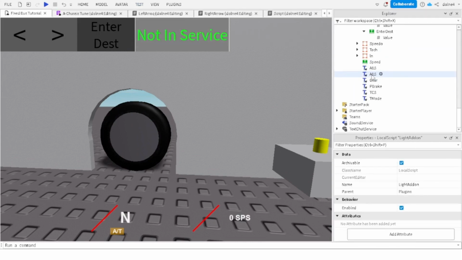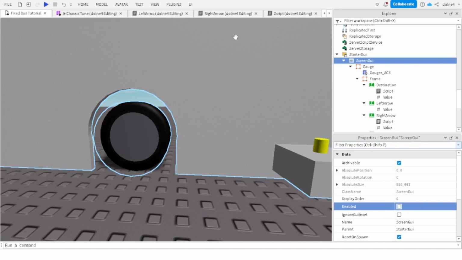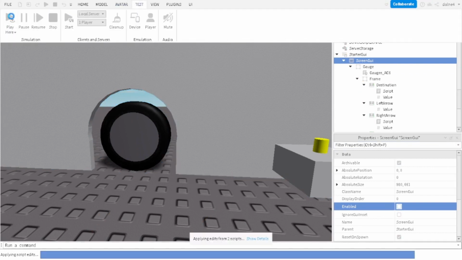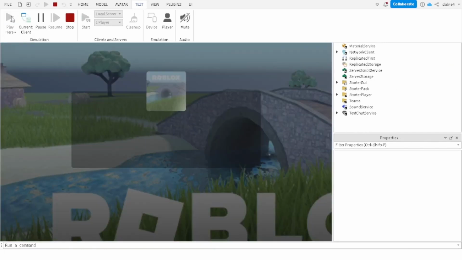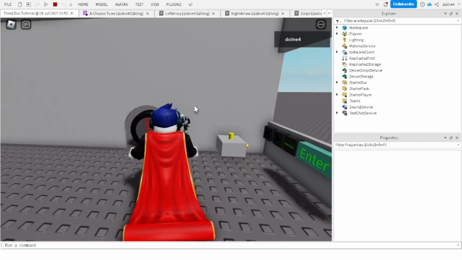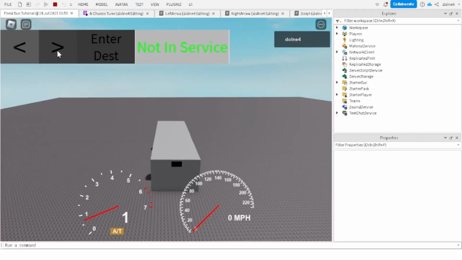Okay, and then for the other one, I could just disable that and let's test it out. Okay, so now if we test this out for right,